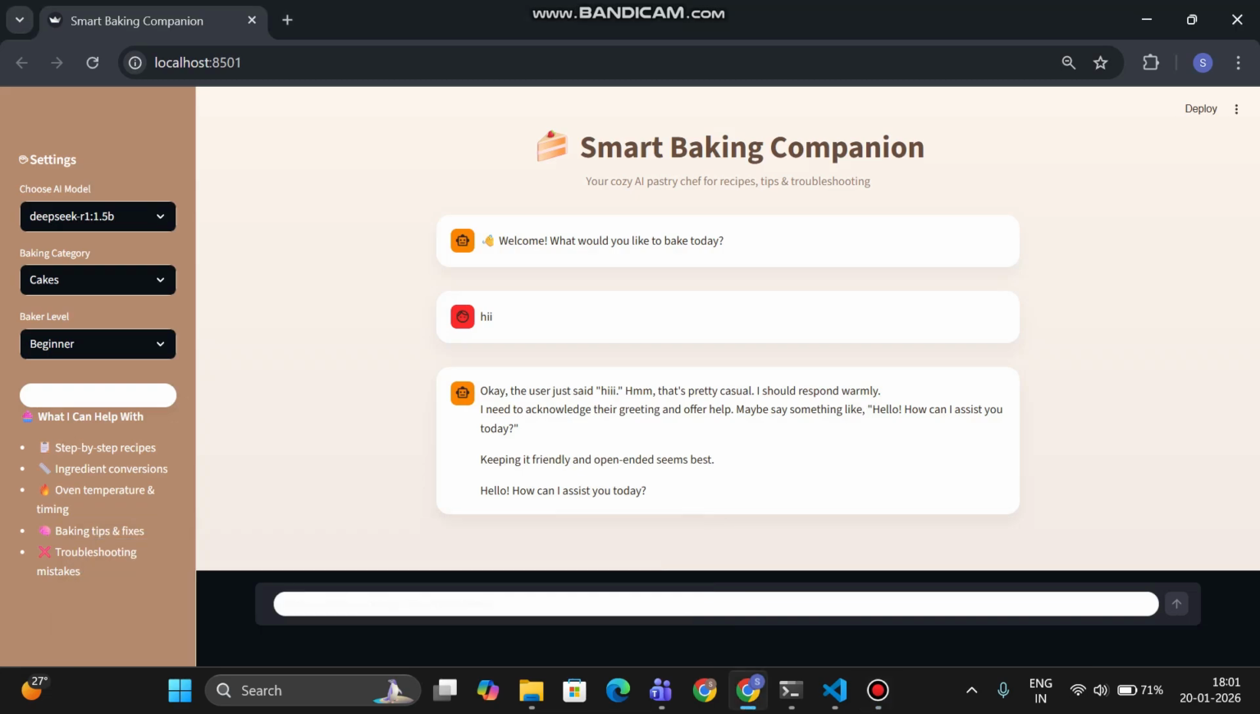Hi, so this is the Smart Baking Companion AI application. It is built using Streamlit and LangChain plus Ollama LLM. Basically, it helps users get step-by-step baking recipes or know the measurements needed for baking and overall the